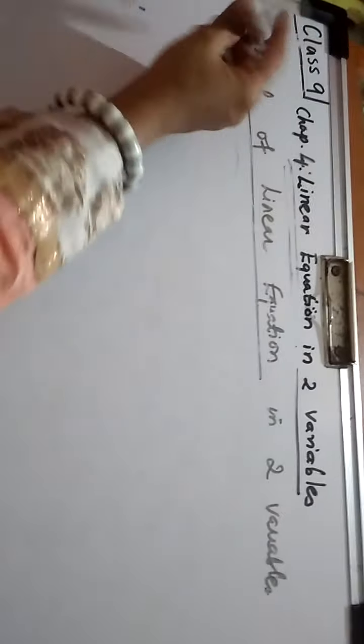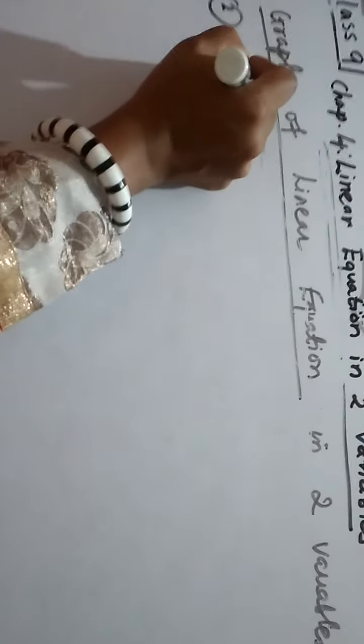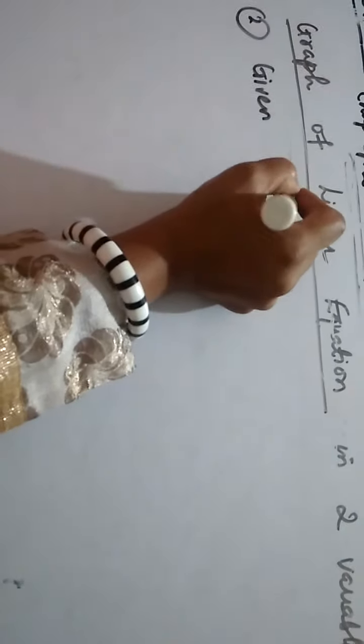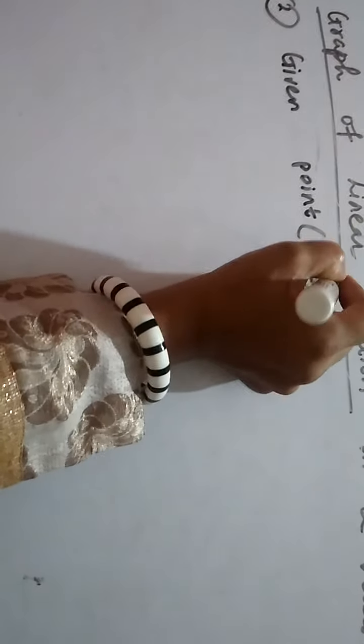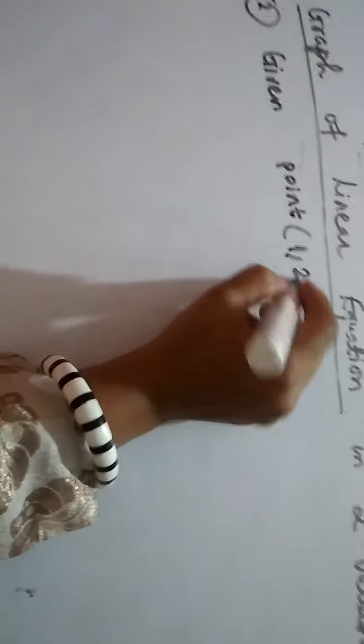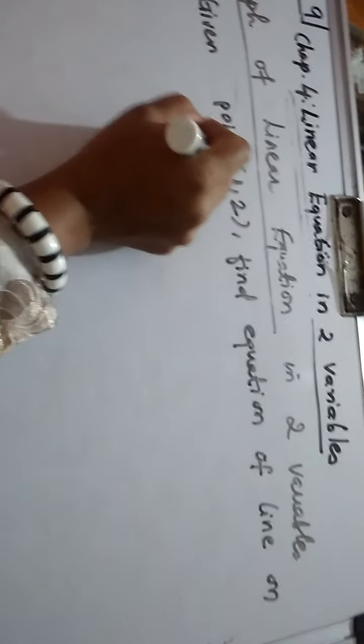Now they have given us a point 1, 2. They have given us a random point, and they have told us to find if it is lying on the line. Let's see. Given point 1, our second example. Given point, this is our point 1, 2. So, its x coordinate is 1, and 2 is the y coordinate. Find the equation of the line. We have to find the equation of the line on which it lies. What has he given?